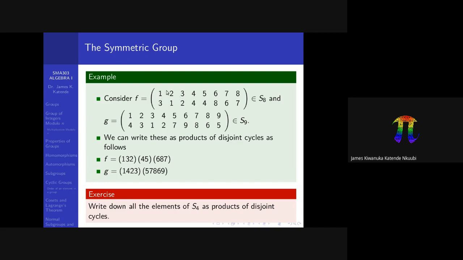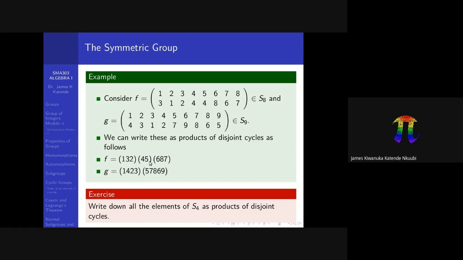Then we have to pick something that is outside this cycle. So the next number 4 is outside this cycle. 4 is fixed. No, I've made a mistake here. I should have 5 here. So 4 is supposed to go to 5. So as you write this down, you make that correction. This here should be 5. So 4 goes to 5, and 5 goes to 4. So that's a cycle of length 2, because again, 5 will go back to 4. So that gives us a cycle of length 2, and that's the next factor in